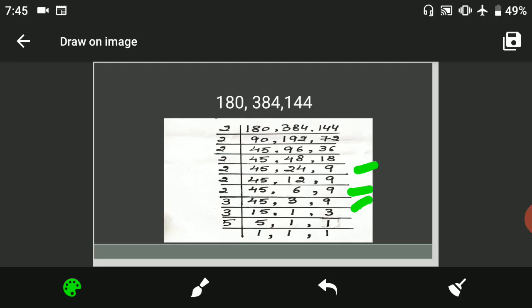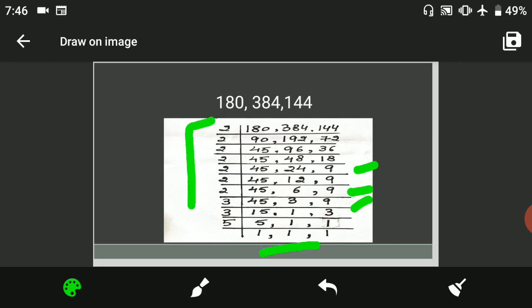Now 45, 3 and 9. All these numbers come in one table, that is 3. So in the 3 table 45 comes at 15s are. In the 3 table 3 comes at 1s are, and in the 3 table 9 comes at 3s are. So you write it down. Then 15 and 3 come in the 3 table: 3 5s are 15, 1s are 3. Clear? Now in the 5 table 15 comes at 3, and in the 5 table 5 comes at 1s are. So you write 1, 1, 1. When all numbers become 1, then you have to stop.